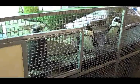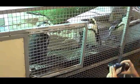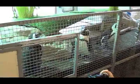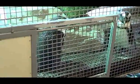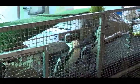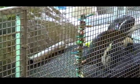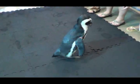They are found in, of course, Africa, but also Australia, New Zealand, South America, and penguins are even found as north as the equator on the Galapagos Islands. So there is one that's up there. And of course, hottest place on earth, but they do very well. You'll notice they don't have feathers on their feet, nor do they have feathers above their eyes. What the feathers are there for is in the...